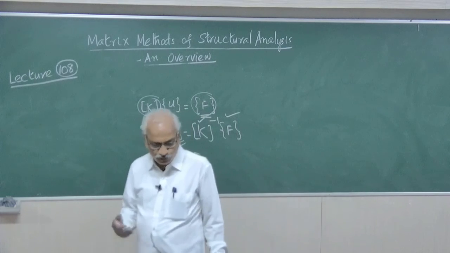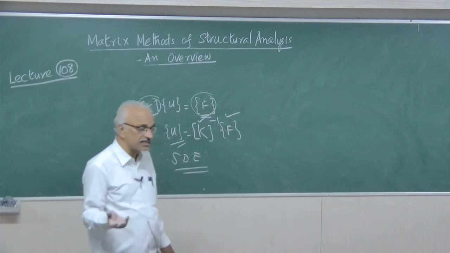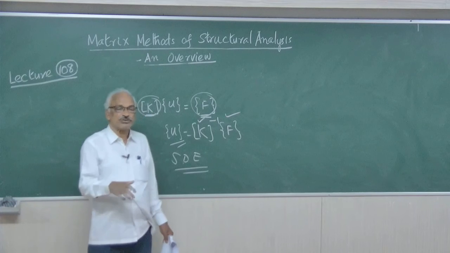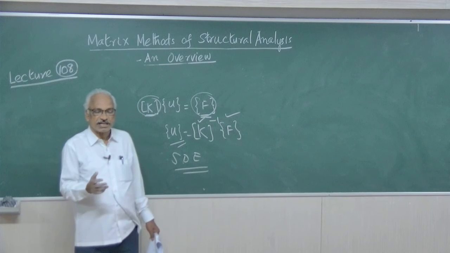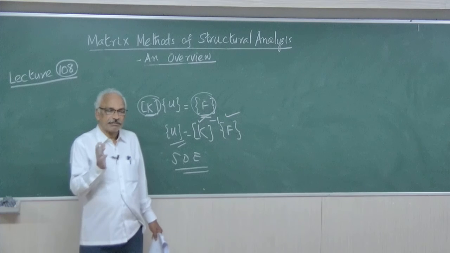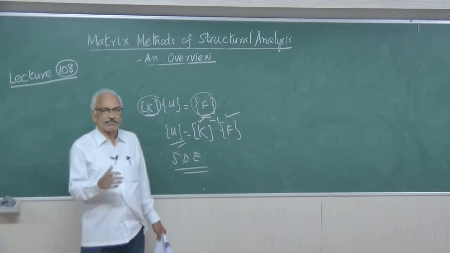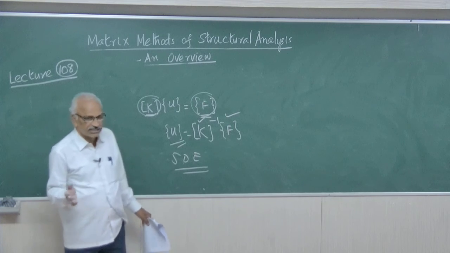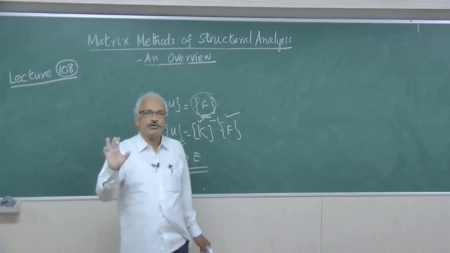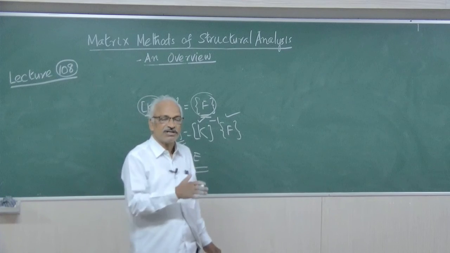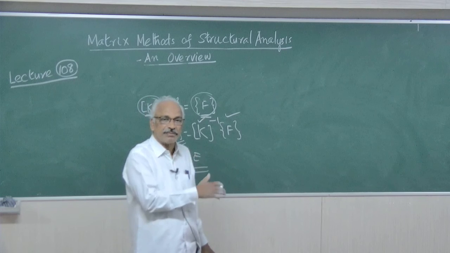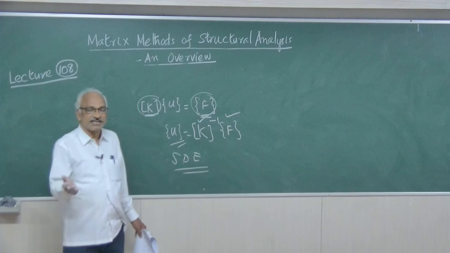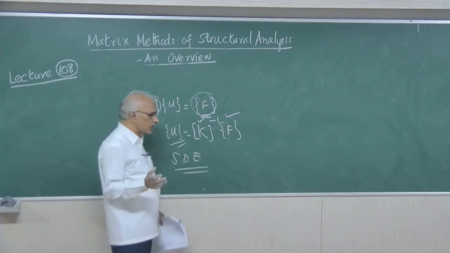And how to use this for statically and kinematically indeterminate structures, etc., we will discuss later. How to do it for continuous beams, analysis of frames, portal frames, and also pin jointed trusses, etc., we will discuss later. This is only to give you an overview of the method. Earlier we discussed the overview on the flexibility method. In this lecture we have discussed the overview of the stiffness method. We will do numerical examples in the subsequent lectures, right? So thank you for your patience.